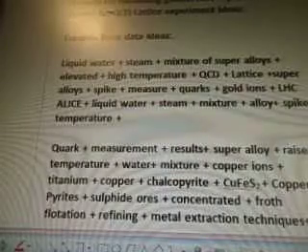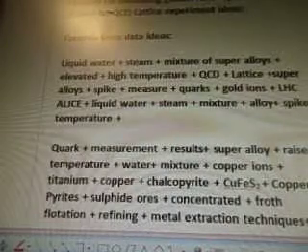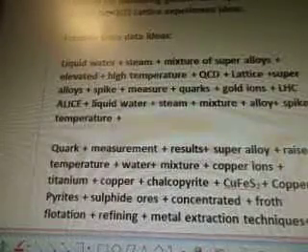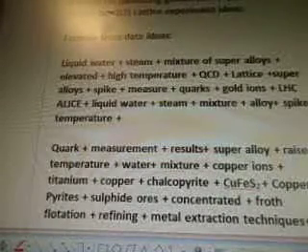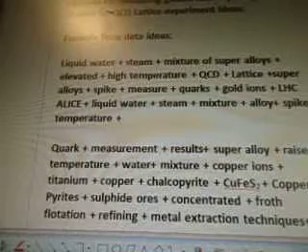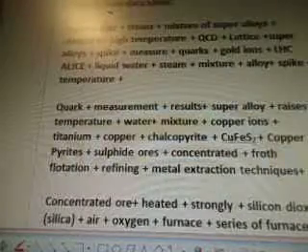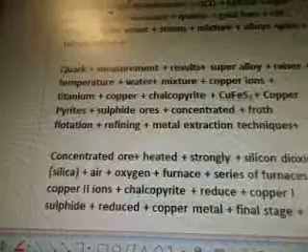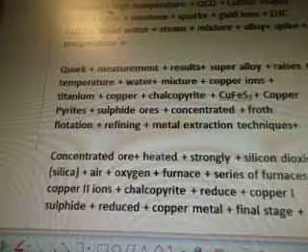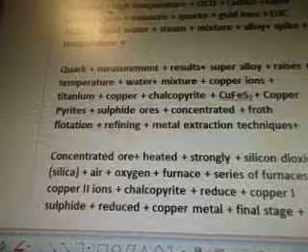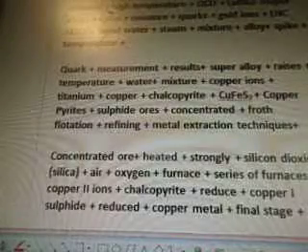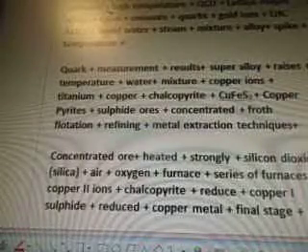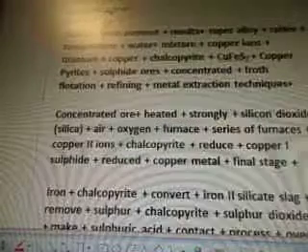So formula for measuring gold ions in quark gluon plasmas for QCD lattice experiment ideas. Formula from the data is liquid water, steam, mixture of superalloys, elevated high temperature, QCD lattice superalloys, spike, measure, quarks, gold ions, LHC ALICE, liquid water, steam, mixture, alloy, spike, temperature. Quark measurement results: superalloy raises temperature, water, mixture, copper ions, titanium, copper, chalcopyrite, CuFeS2, copper pyrite,